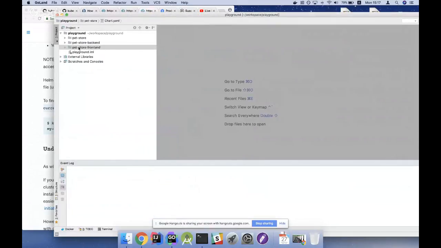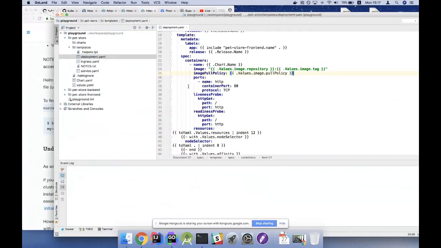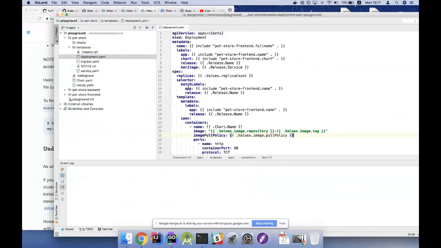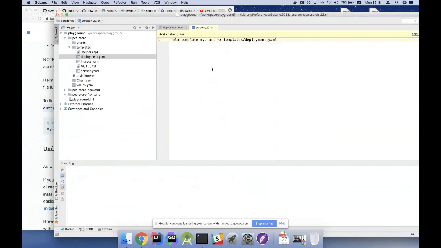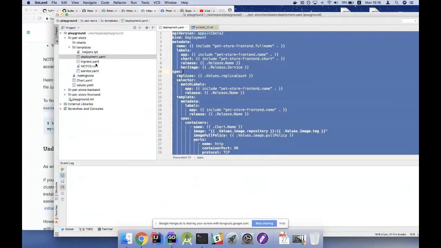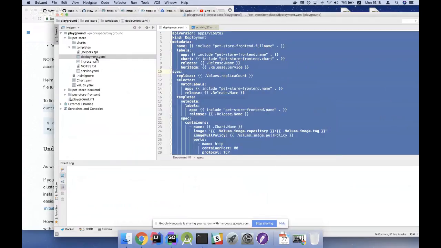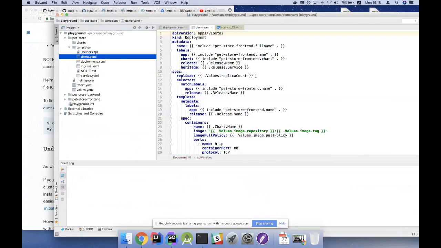I'm going to go to my IDE. Here's a chart that I prepared already. And for demonstration purposes, let's see what I can do. I'm going to create a new scratch file called demo.yaml. And I'm just going to show you how